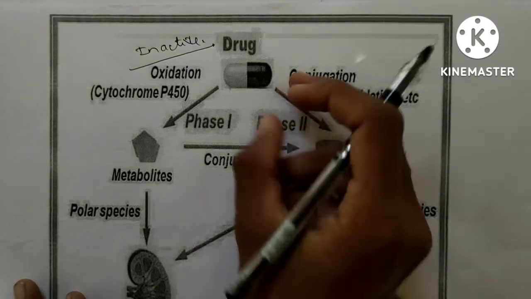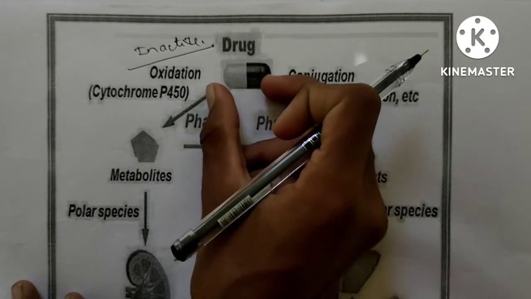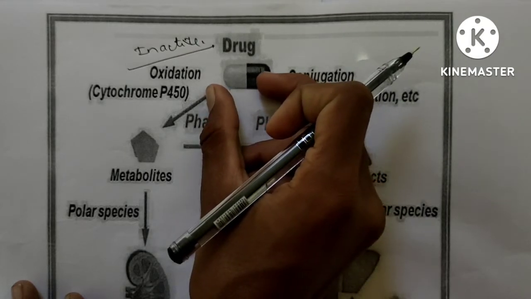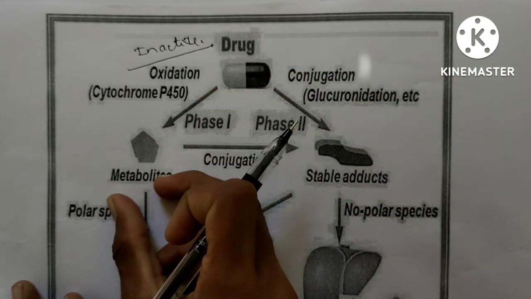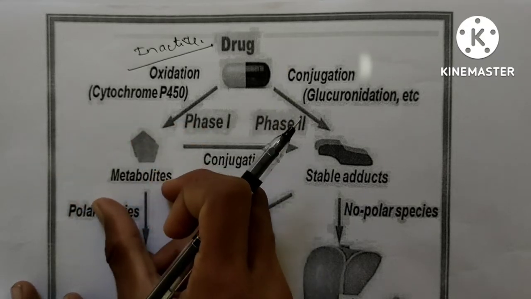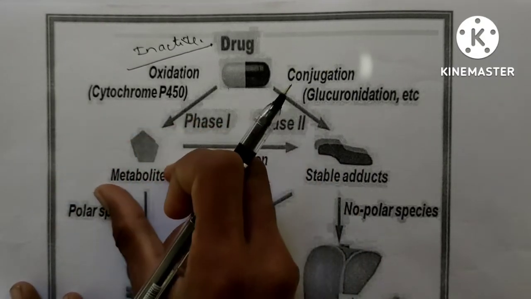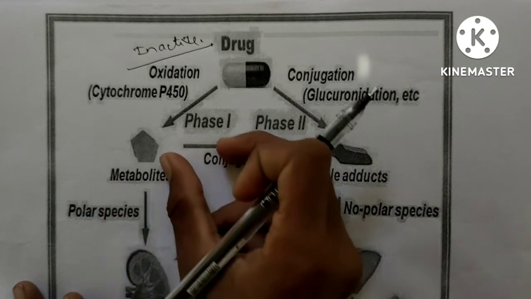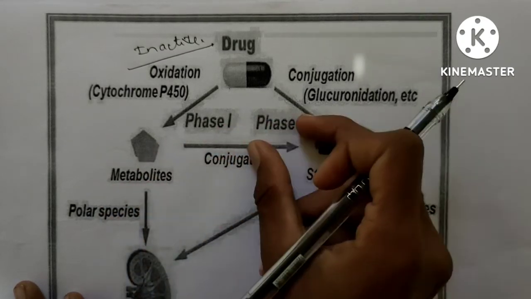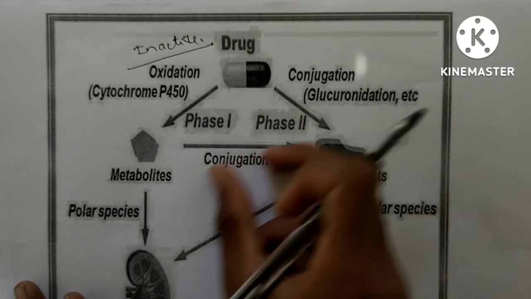How? Now see, any drug, you think that this is the lipophilic drug. Now that drug is converted into the metabolite. Again this drug is in lipophilic form only. No, it is not hydrophilic. Again it changes into the lipophilic form only. Then what happens? If phase 1 is not activated, then phase 2, which is present in the liver, forms